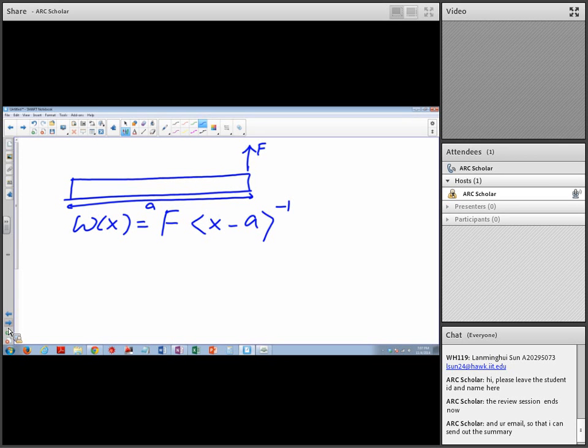And this is when there is a force. When there is a moment, let's say there is a moment, this is going to be x minus a to the power of 2. And when there is a singular force,